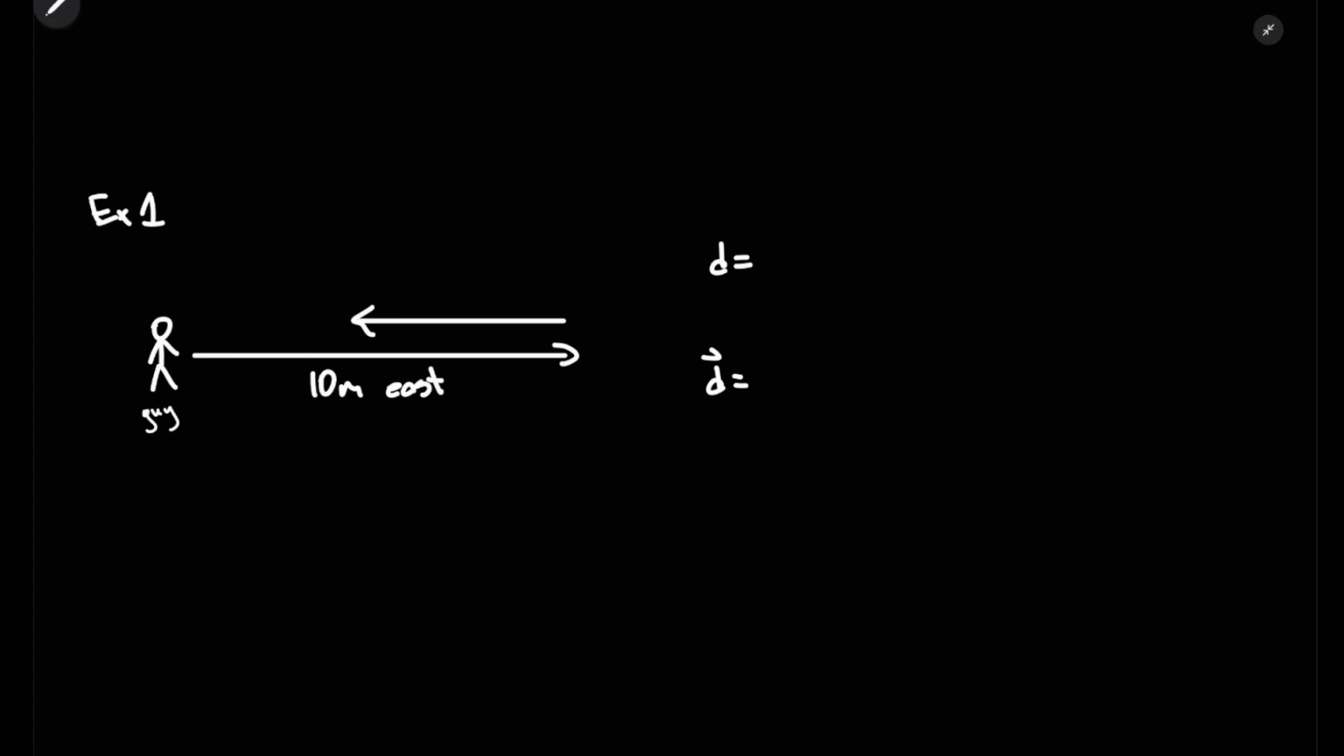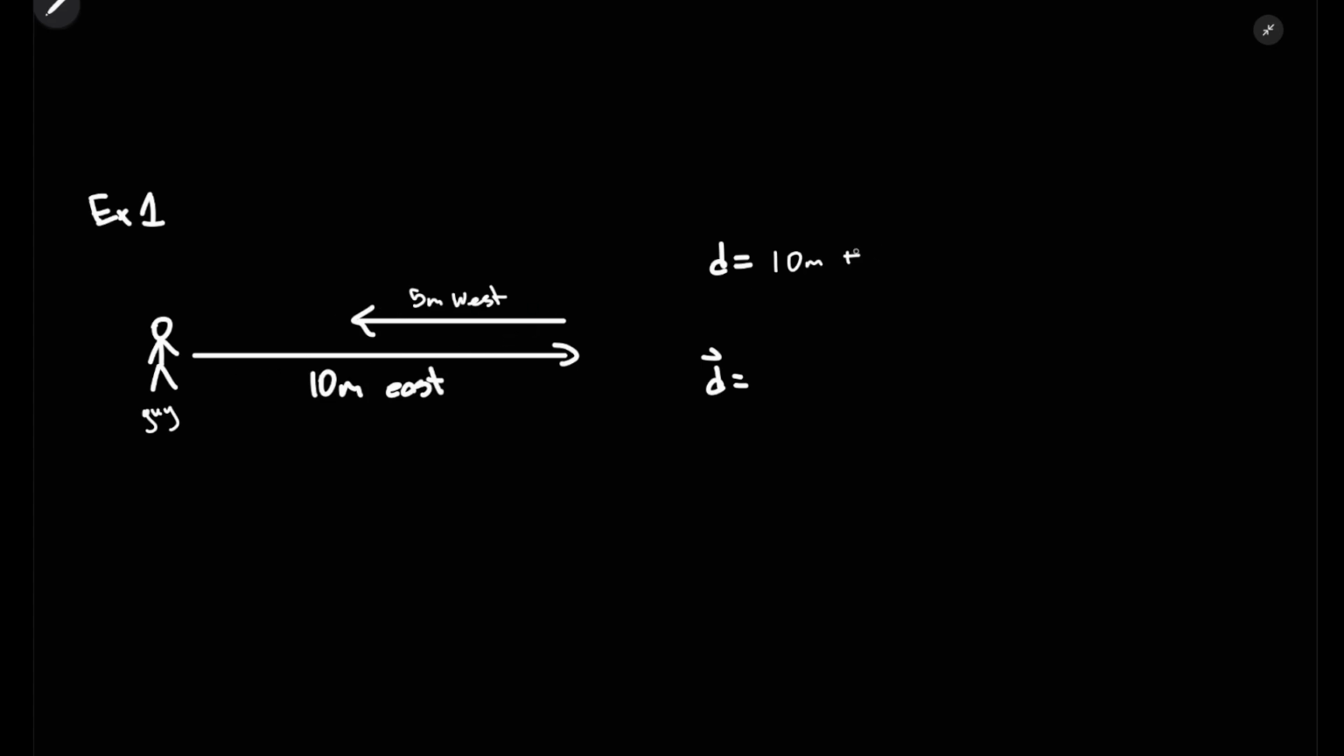Guy moved 10 meters east, and then he moves 5 meters west. Don't know why he moved 5 meters west, but he did. So he moved this way 10 meters and then back that way 5 meters. In this question, for distance, we're just going to calculate the total distance, which is going to be 10 meters